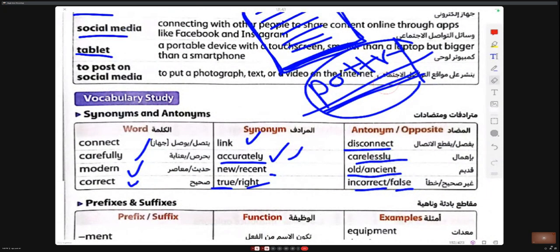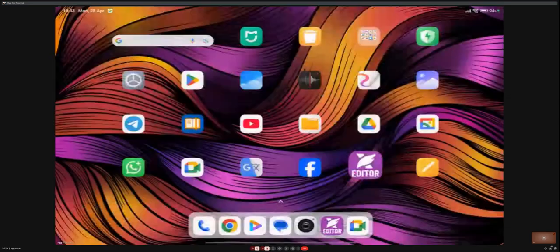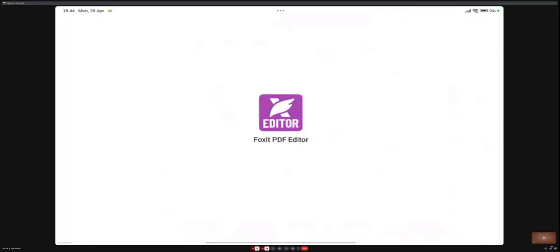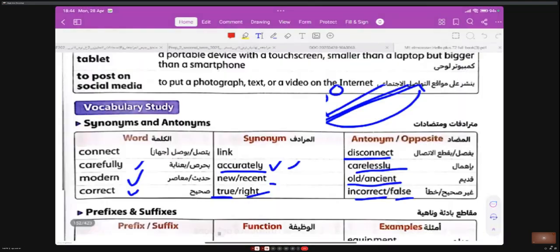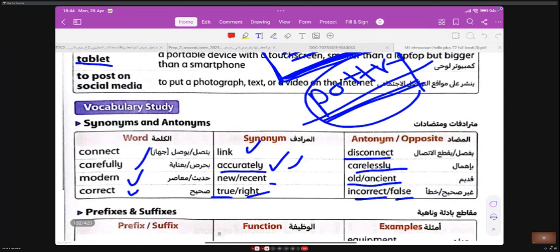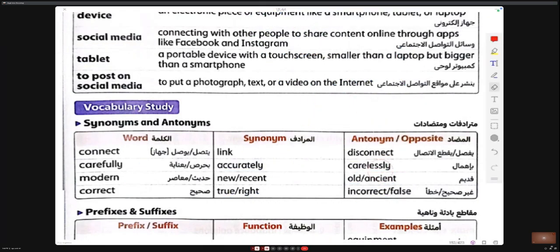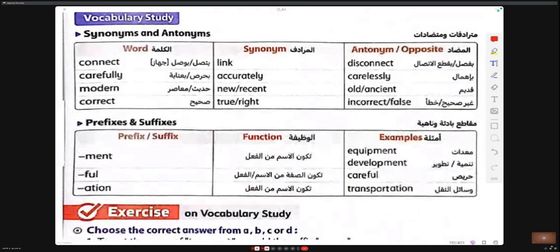You can try to get out of the PDF and make it clear and then answer it again. No, the same. No. All right.